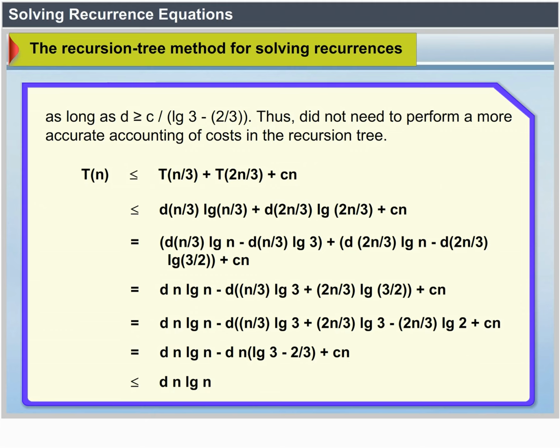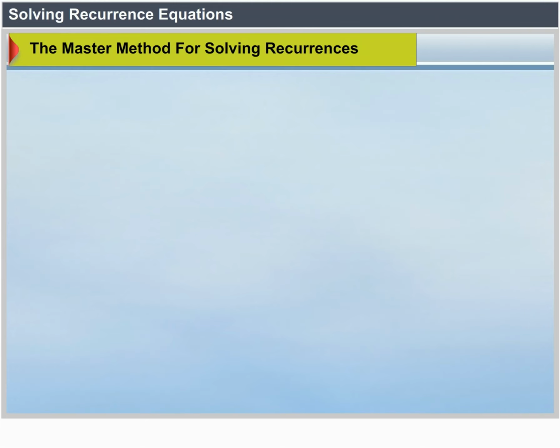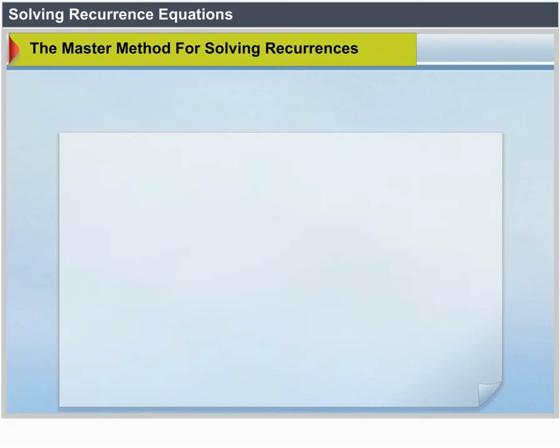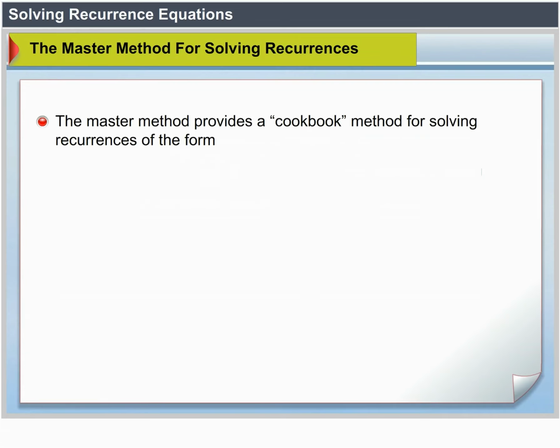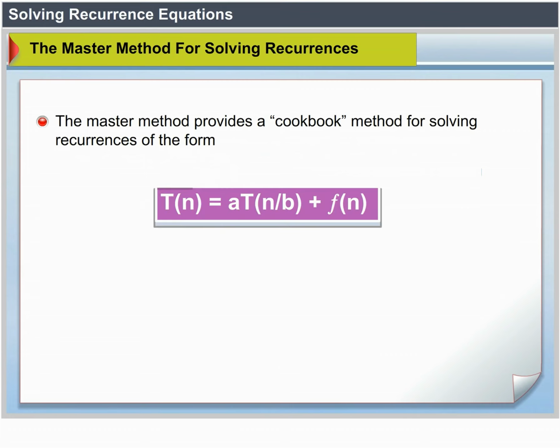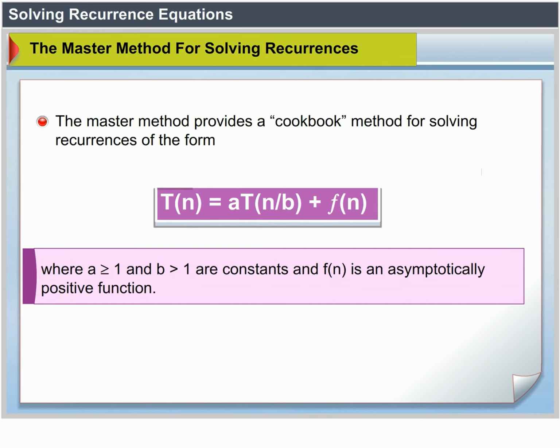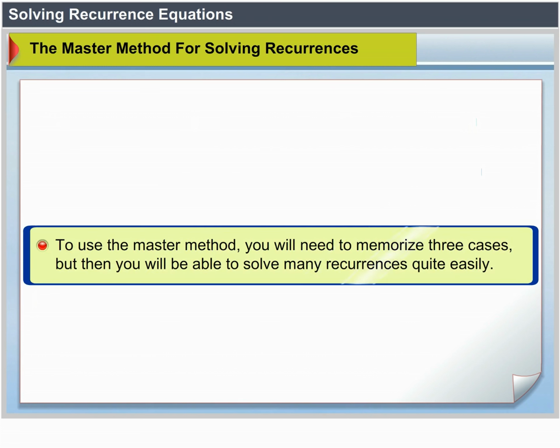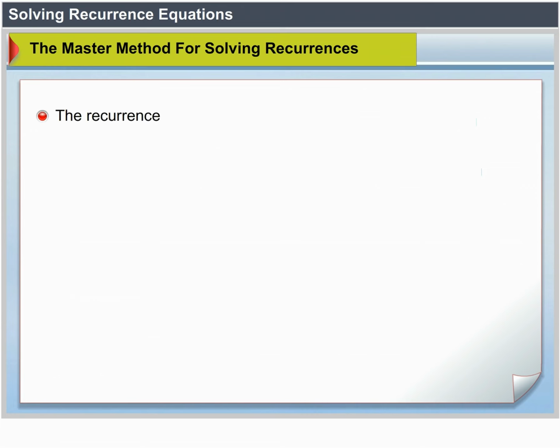The master method for solving recurrences. The master method provides a cookbook method for solving recurrences of the form T(n) equals aT(n/b) plus f(n), where a greater than or equal to 1 and b greater than 1 are constants, and f(n) is an asymptotically positive function. To use the master method, you will need to memorize three cases, but then you will be able to solve many recurrences quite easily. The recurrence T(n) equals aT(n/b) plus f(